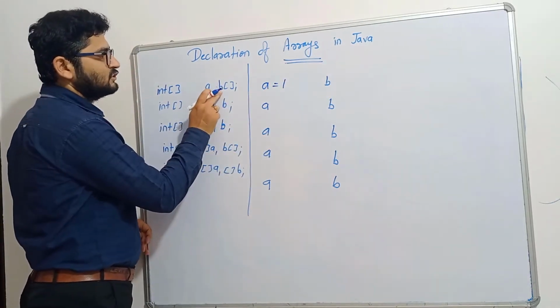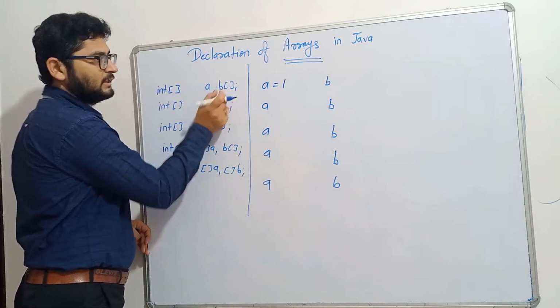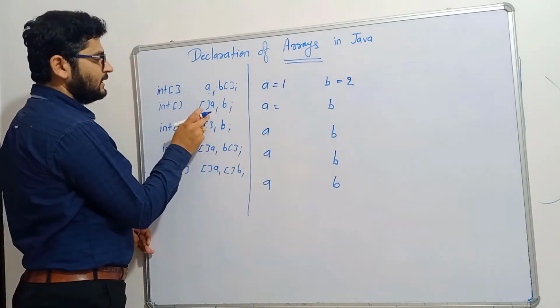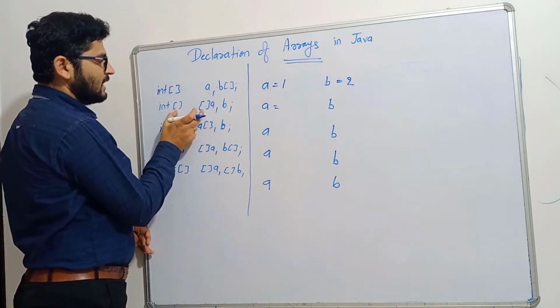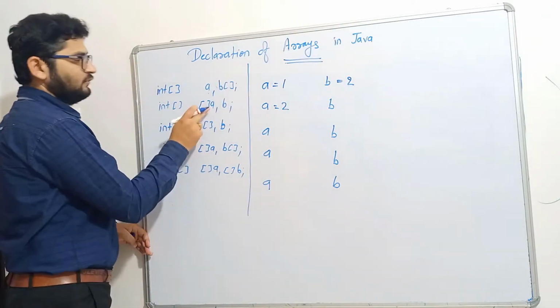Now what would be the dimension of B? Because one dimension of B is over here and another dimension of B is over here. That's why dimension of B will be 2. Now dimension of A here is 2, right? So this 2 dimension will be of A. Okay, so the dimension of A is 2.